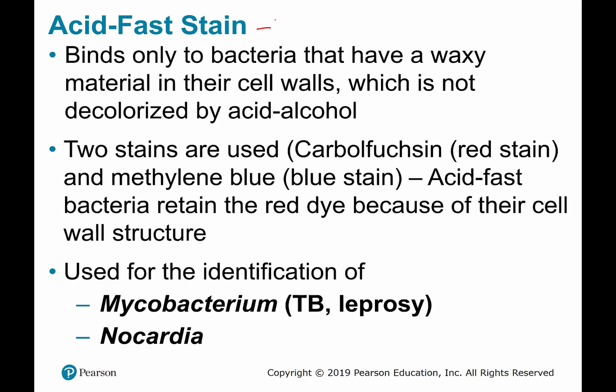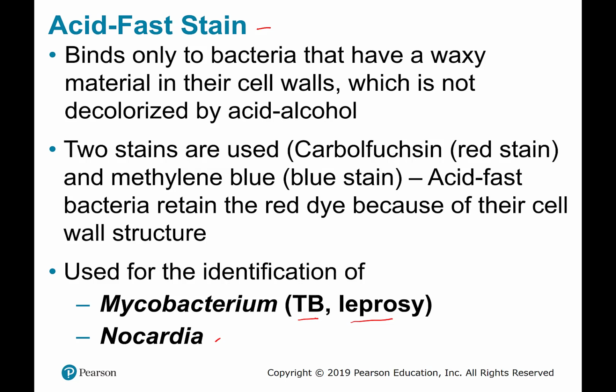So that would be Mycobacterium tuberculosis or Mycobacterium leprae. Mycobacterium leprae causes leprosy. Mycobacterium tuberculosis causes TB, tuberculosis. You can also identify Nocardia, which is another organism that is considered acid-fast. So this stain is considered differential because you can differentiate those that are acid-fast from many of the other bacterium